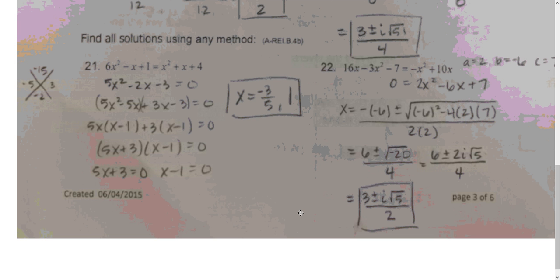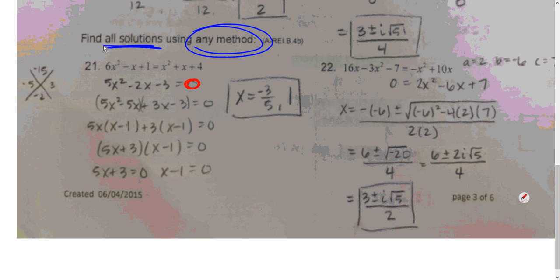Okay, so this question says, find all solutions using any method. So all solutions means positive, negative, fractions, radicals, things that have i's, so even your imaginary solutions. But it also allows you to do it by any method. What I would recommend is going through and making sure that it's equal to 0 first before you decide what